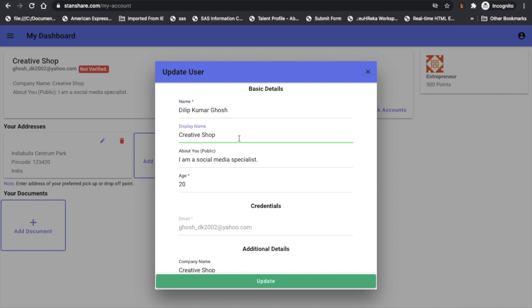The display name is basically the name of your business. I put it as my creative shop, but you can be more specific or get the exact business name or your brand name. But don't pick up something like somebody else's brand name. For sure, you should have rights to that. Then you can write about your specialty, specifically not you as an individual specialty, unless you are a doctor or any professional who has a specialty. You can write about your business here.